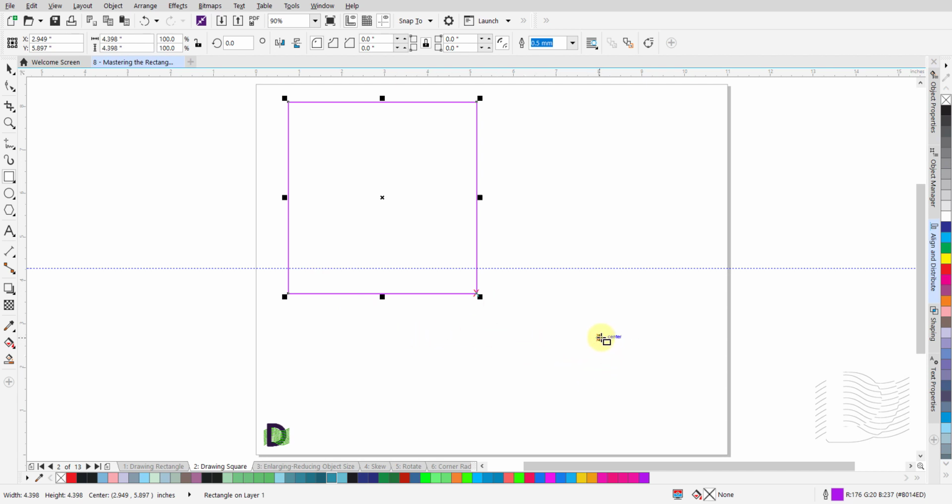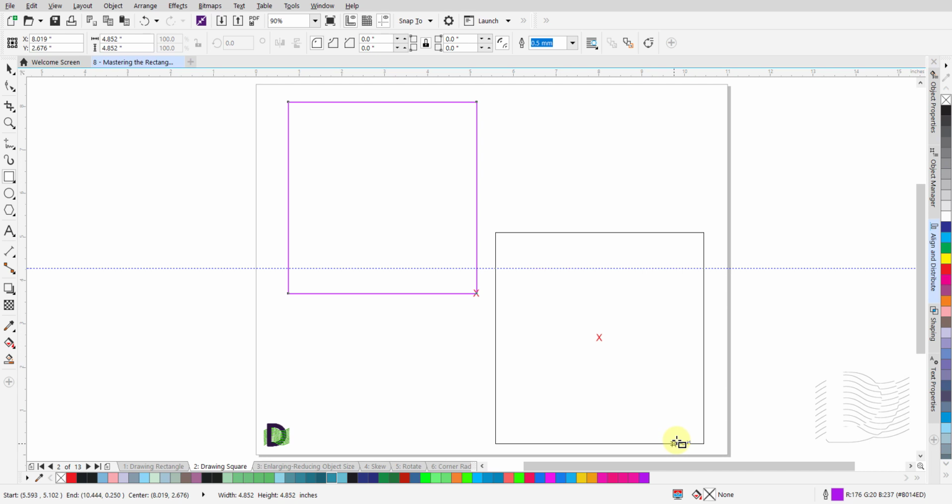To draw a square with the anchor point in the center of the square, left-click and hold the mouse button at the start point. Now press and hold the Shift key and the Control key, Command key on the Mac. Drag the mouse to draw a square. Notice that the anchor point is perfectly centered within the square. When you get the right size for your square, first release the mouse button and then release the Shift key and the Control key, Command key on the Mac.